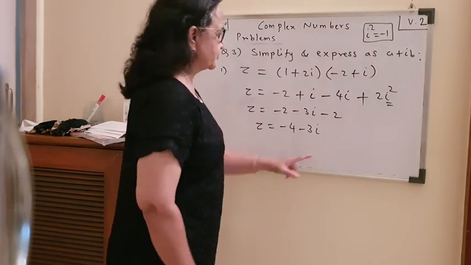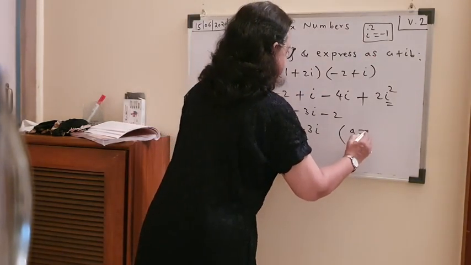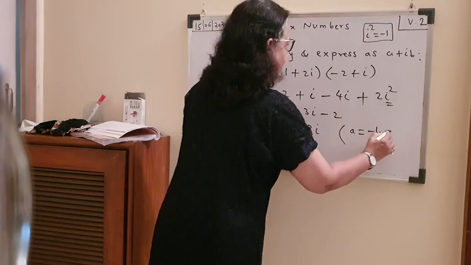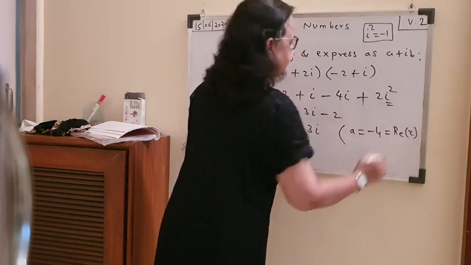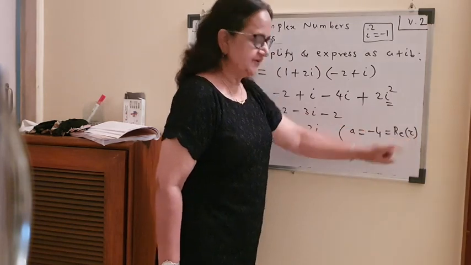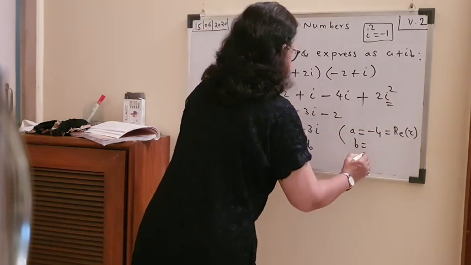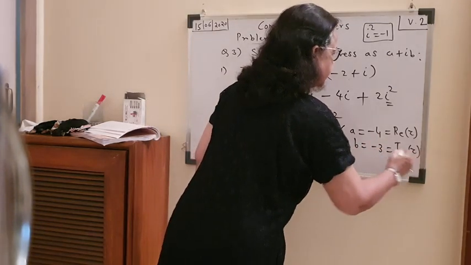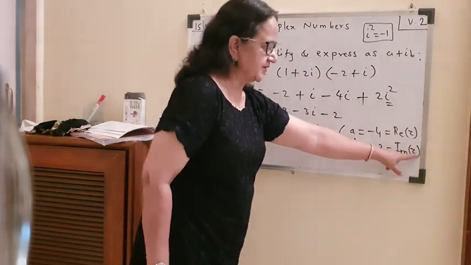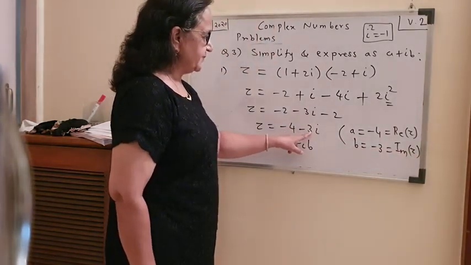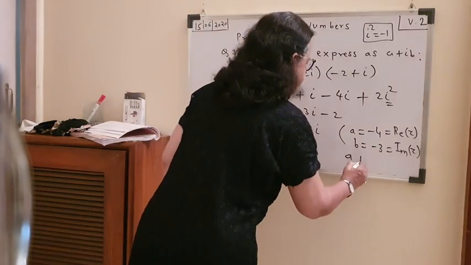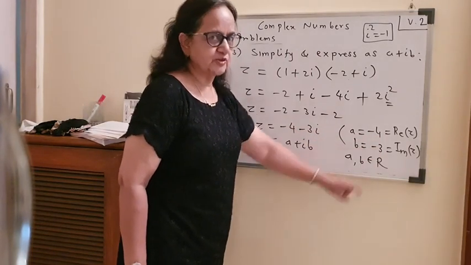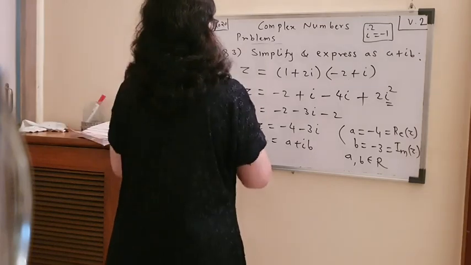Okay. Now we got it in the form a plus ib, where a value is minus 4. You write it like this, the real part of z. And b, which is minus 3, the coefficient of i, is called Im z. How do you read it? The imaginary part of z. So the real part is minus 4, the imaginary part is minus 3, and always observe they both should be real numbers. Minus 4 is a real number. Minus 3 is also a real number. They are integers. Okay, so this was the first.